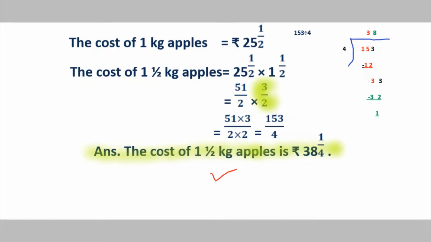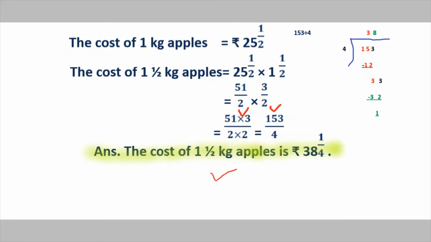Now you multiply both the fractions, 51 by 2 and 3 by 2. So 51 multiplied by 3 is written on the numerator side, 51 into 3. Now the denominator would be 2 into 2. Both the 2's will be multiplied. That we write in the denominator of the next step. Now calculate the numerator. You have to calculate 51 into 3. It is 153. You will do it on the rough side. Now 2 into 2 is 4. So the fraction is 153 by 4.